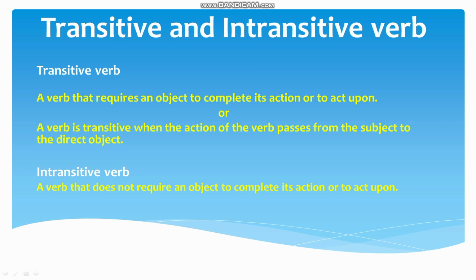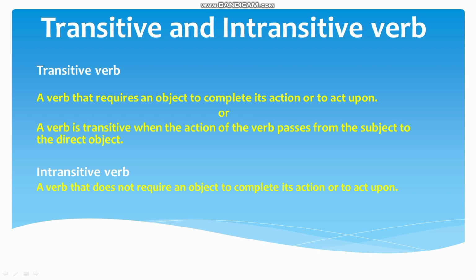Transitive verb, let us first understand about transitive verb. A verb that requires an object to complete its action or to act upon. Or a verb is transitive when the action of the verb passes from the subject to the direct object. Well, it's very easy to understand that a transitive verb is a verb that takes a direct object, okay, and intransitive